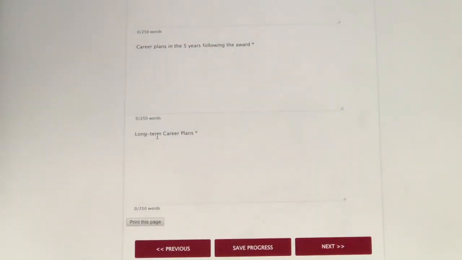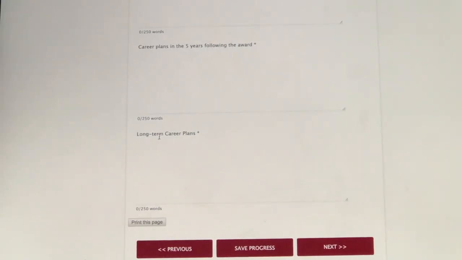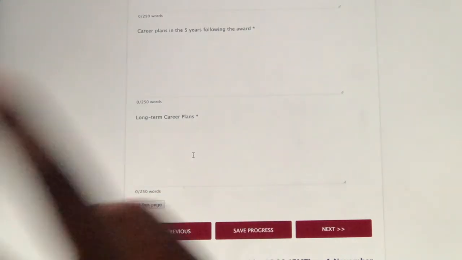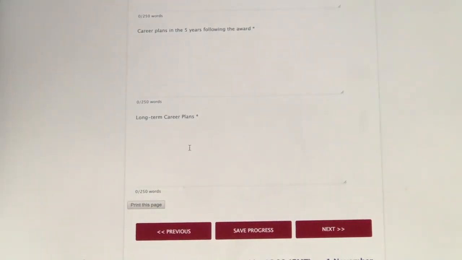And then maybe if you want to set up your own centers, maybe if you want to work for any academic institution or education institution, you can note that. But then you can say, after, I want to set up my own school or set up my own NGO or my own organization. That's a long-term career plan.